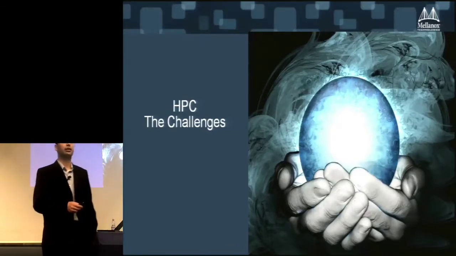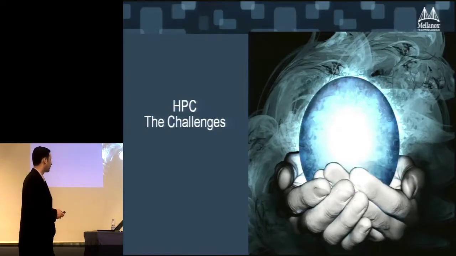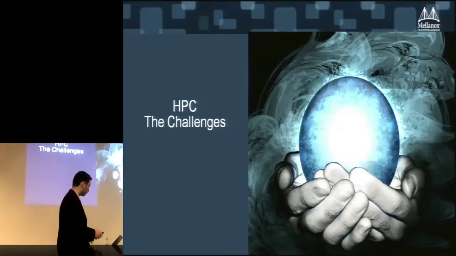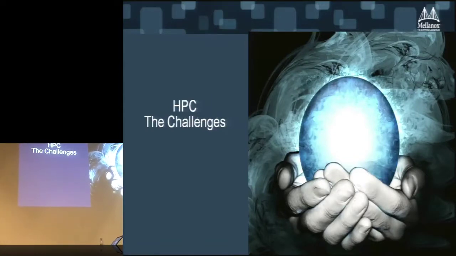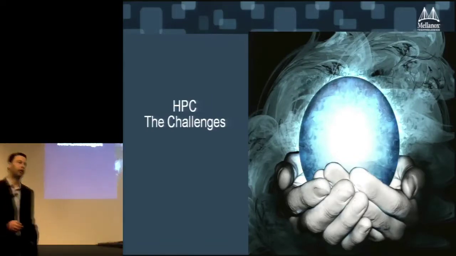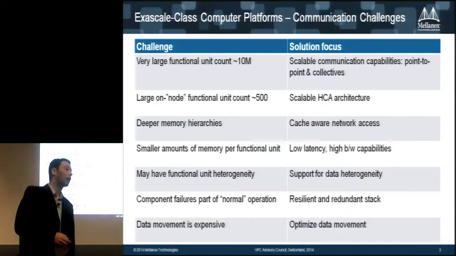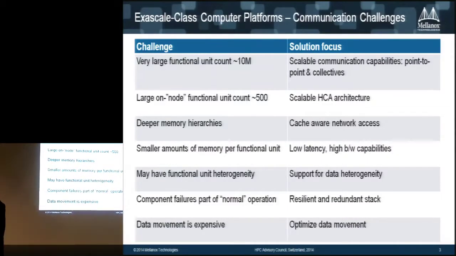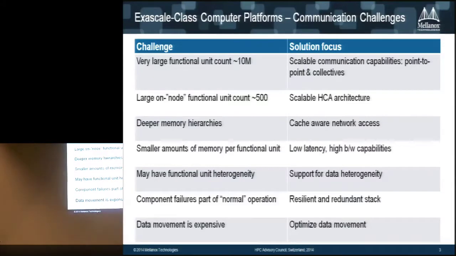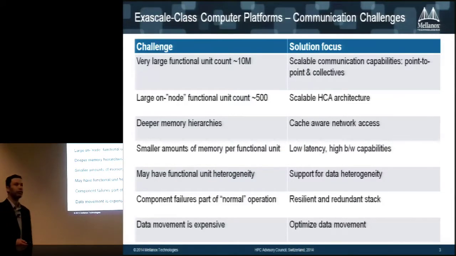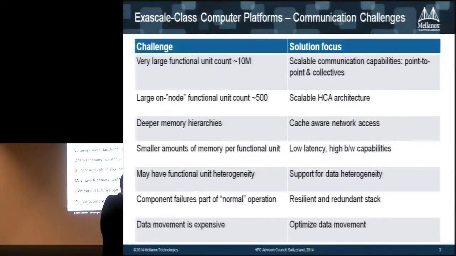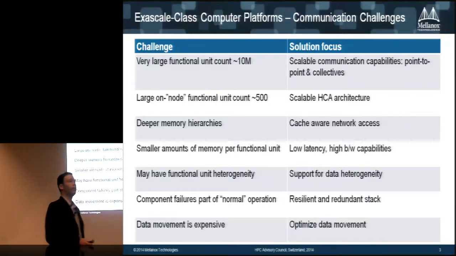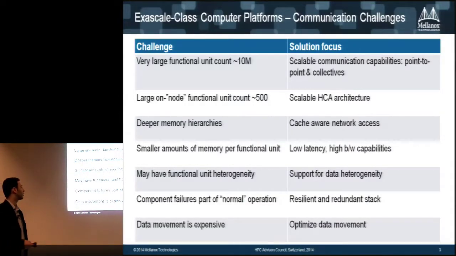I wanted to talk about the high-level challenges that we're facing around HPC, the problems that we would like to solve and improve as we move toward exascale computing. I listed a couple of very high-level challenges that we're going to face at pretty much all levels of the stack. It can be in software, APIs, hardware, and all of that. And I think a good solution that will lead us to exascale will solve all those points throughout the different components.